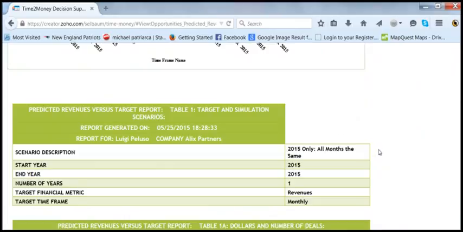First, we see the description of the scenario that identifies assumptions used to generate the monthly target revenues. The first year for setting targets and the last year for setting targets, and the number of target years first to the last year, including both the first and last years,